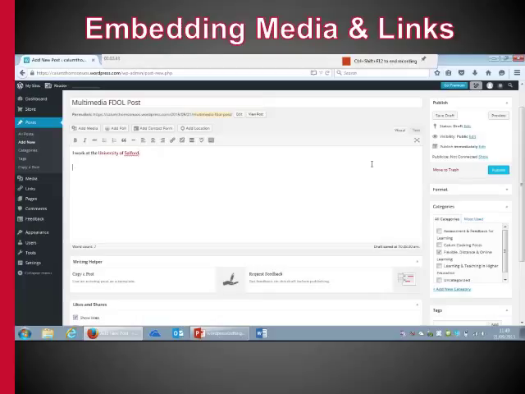Now, the next thing that you'll probably want to do is to add an image. So I might type, this is an image. And what I'm then going to do is look at these buttons at the top of the page. Now, the main one that I'm interested in is this Add Media button. If I click Add Media,